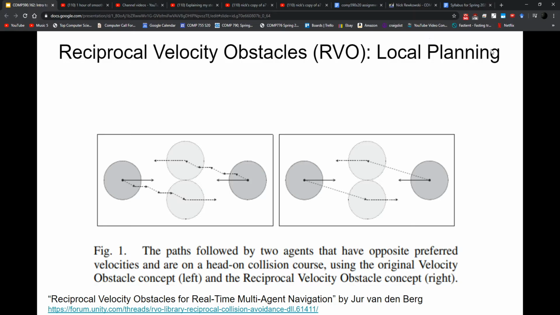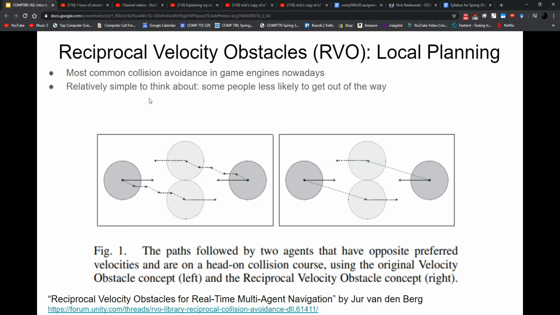So we talked about global planning, which is the navigation mesh basically. As for local planning, we have a couple of different methods. A very common one in game engines is this method developed at UNC called RVO, Reciprocal Velocity Obstacles. And the basic idea is that if you have these two virtual agents that are about to walk into each other,